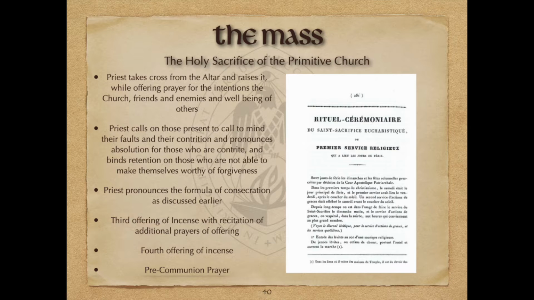So there's an element of that here, where we have a more explicit difference between the primitive church and its day and other churches in its day or in the present day, is they are reminding you that this is the case. In other words, if you are sorry, you are absolved, but if you are not sorry, you are out of luck. So once that's all done and the people are prepared,